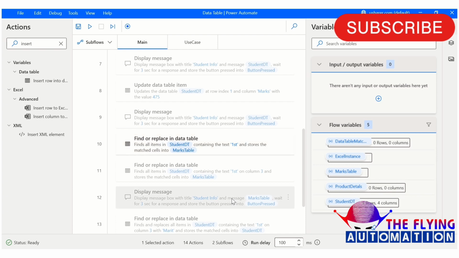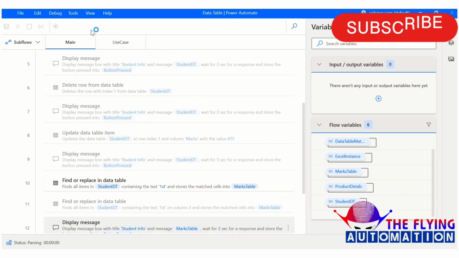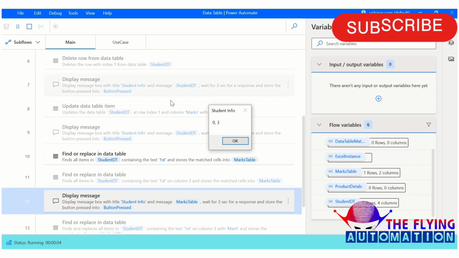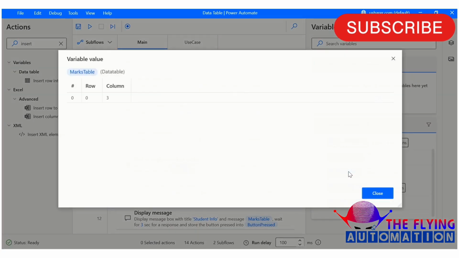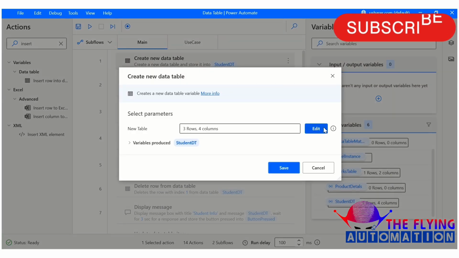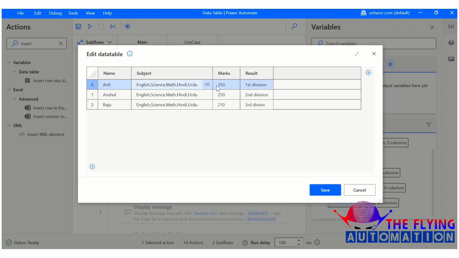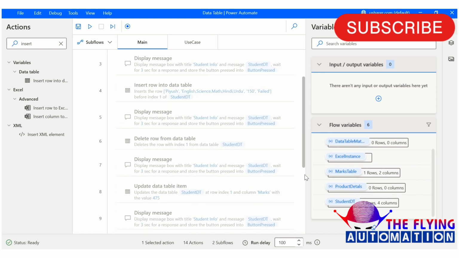So I am enabling this message box and seeing what the output of this flow is. Now I am going to run this flow, and you can see the output. Your flow is executed successfully. Row 0 and column 3, your value is available. Let's see in the data table whether that is correct or not. Here you can see your 0 and 3 first is available in this data table. So let's discuss how to use another way with this action.